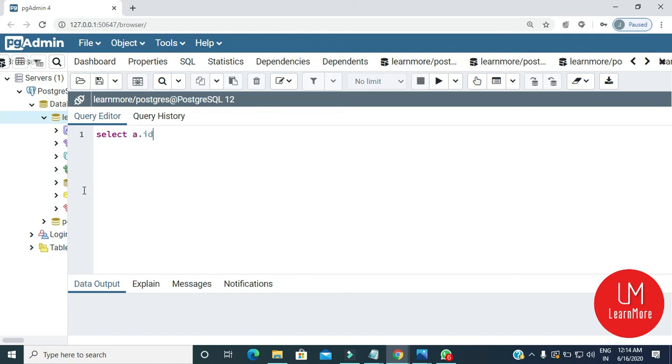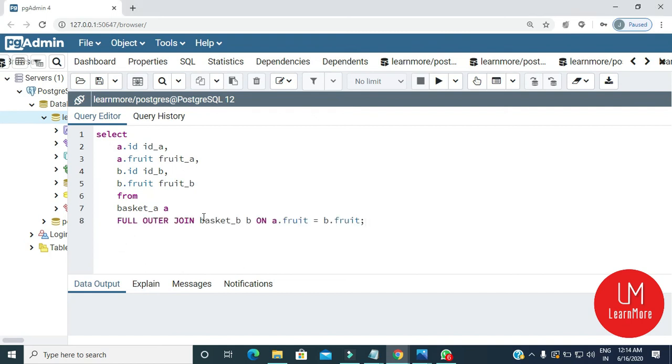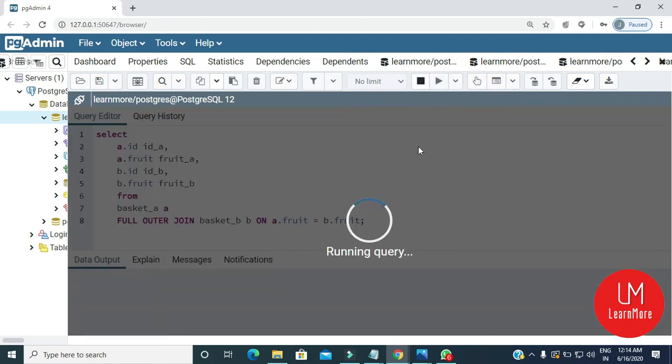I'm going to copy some code, saving some time. Then from basket A, then full outer join basket B on A dot fruit equal to B dot fruit. And if you execute this query, you'll get an output like this.